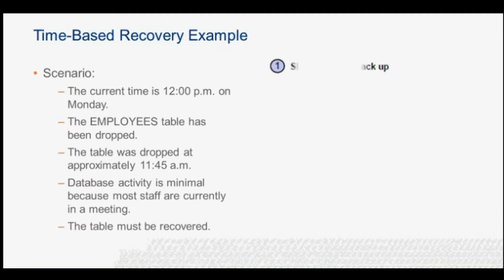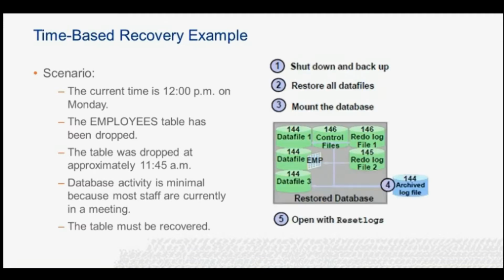Incomplete recovery using until time. Shut down the database and begin recovery. Because the approximate time of failure is known and the database structure has not changed since 11:44 am, we can use the until time method. If the database is open, shut it down by using either the normal, immediate, or transactional option. Restore all data files from backup, the most recent if possible.